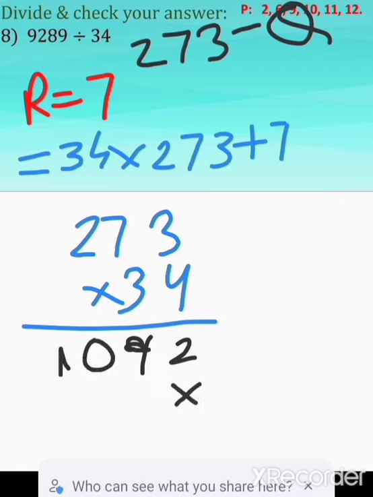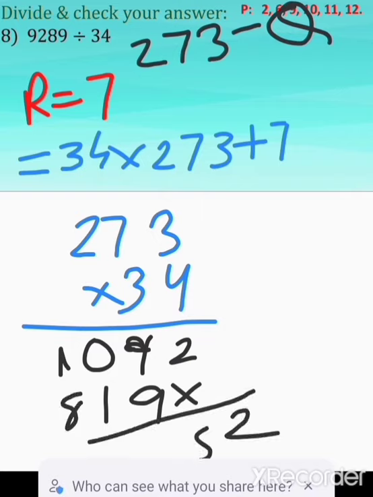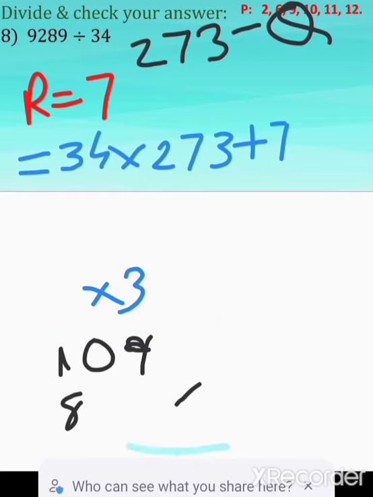Now put cross below the first number. Now multiply by 3. 3 3s are 9. 3 7s are 21, 2 carry. 3 2s are 6 plus 2. It will be 8. Do the addition. 2, 9 9 18, 1 carry, 1 1 2, and 8 plus 1, 9. So 9282 we got after multiplication.